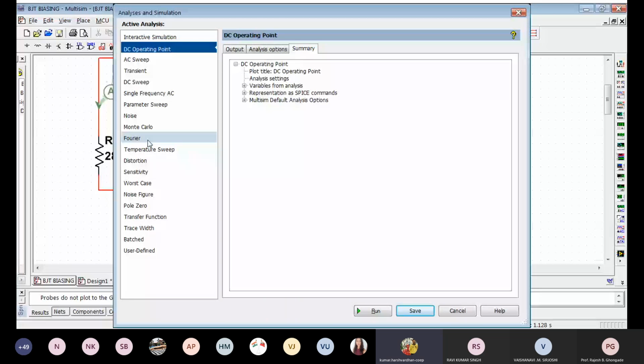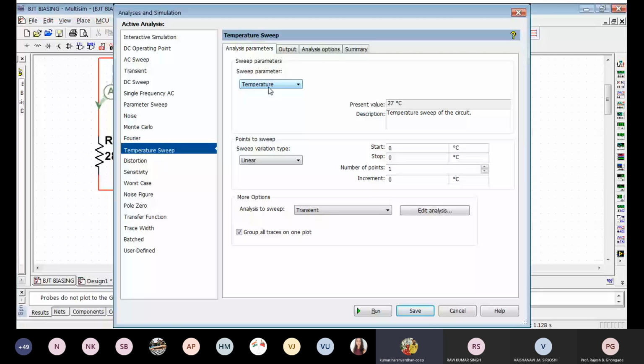Well, we can do it this way also. You can see the change in Q point with the sweep of temperature. We'll do that later on. Okay. Let me see if I can do it this way. So from 0 to 100 degrees, points 100. Output.